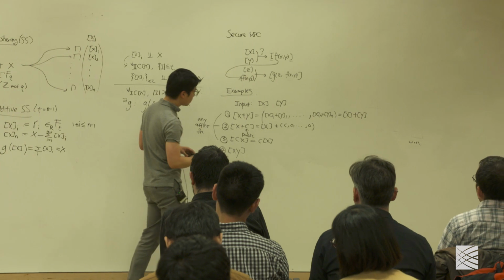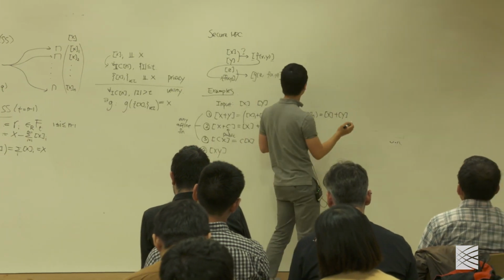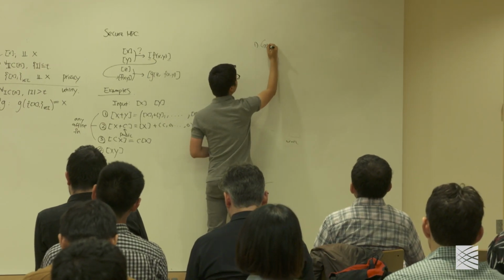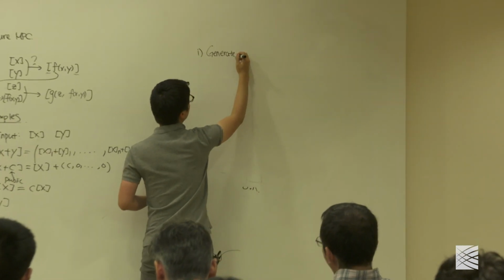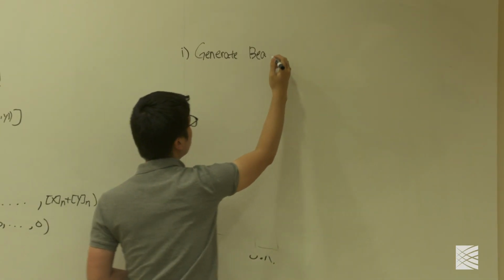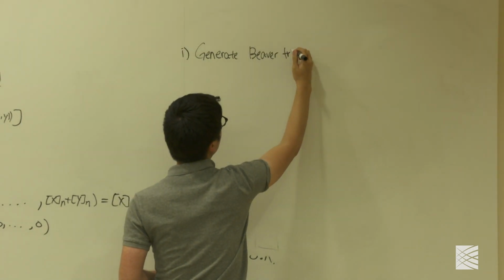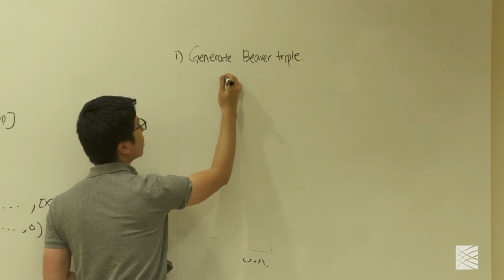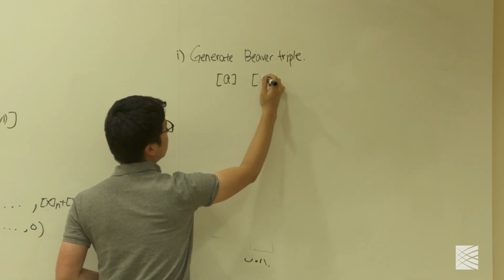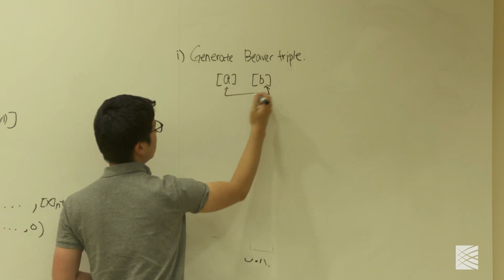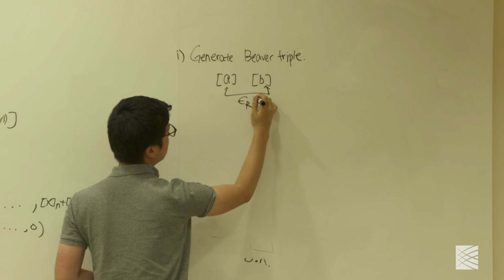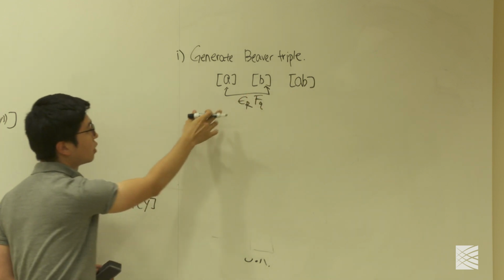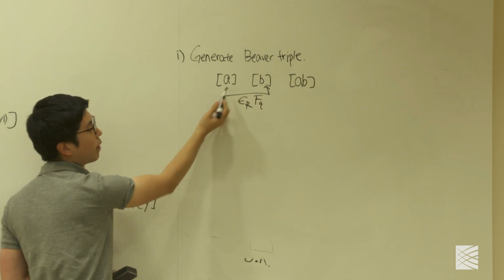So what we end up having to do is introduce an additional ingredient. Let me write it here. The first thing that needs to happen is to generate what we call Beaver Triples. It's named after cryptographer Don Beaver. A Beaver triple is a set of three numbers: uniformly random numbers A and B, and their product, A times B. And these will be secret shared with the parties so that they don't actually know the values of A and